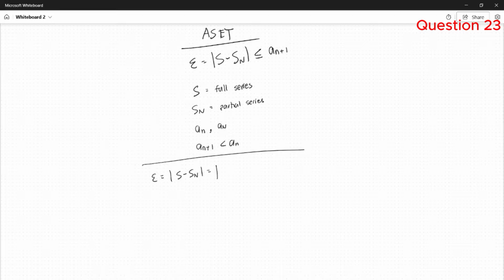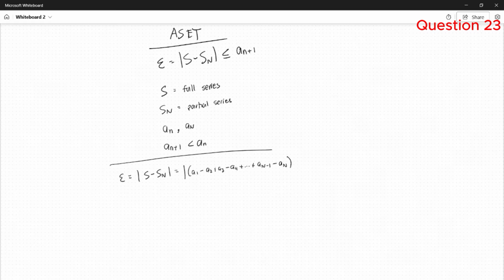This means that it would be first the full series from a1 minus a2 plus a3 minus a4 plus dot dot dot plus a of n capital minus 1 minus a of n itself. Now, I want to make a distinction that the n that we see here is not the same n that we see here. This is just a substitute variable that I'm using, and we assume that n in this derivation goes to infinity since it is the full